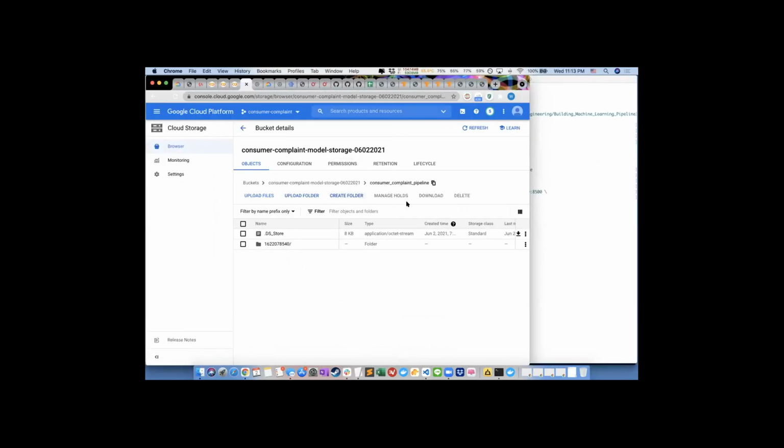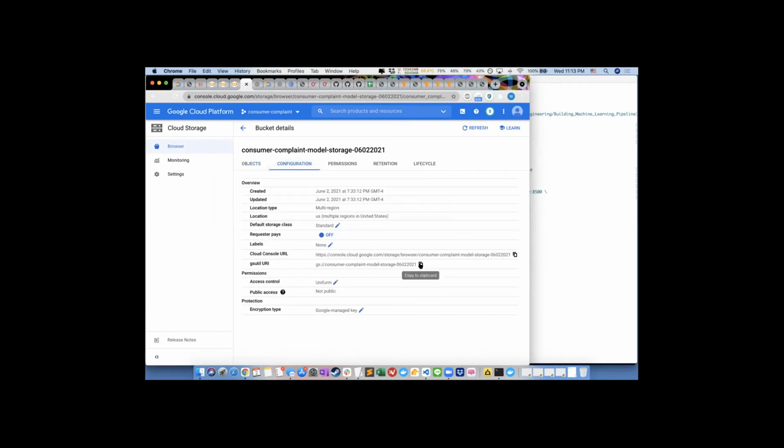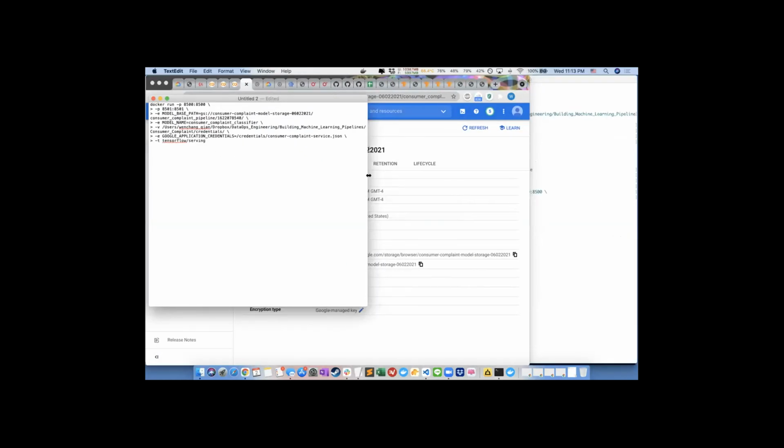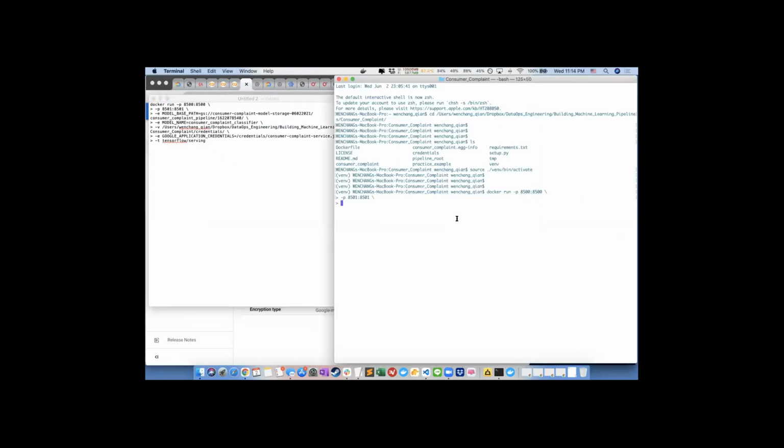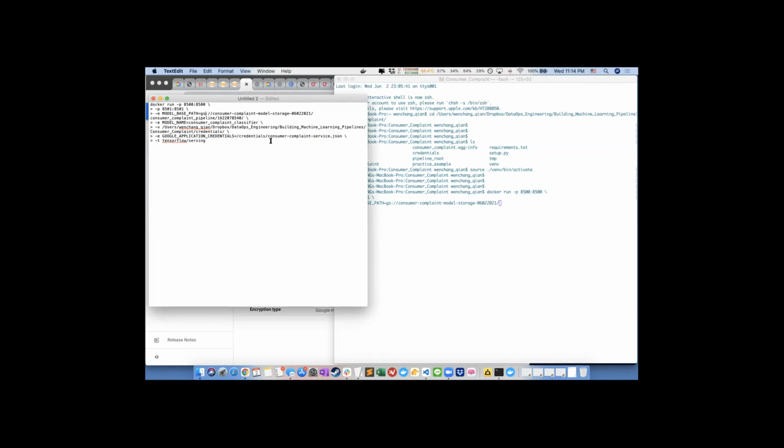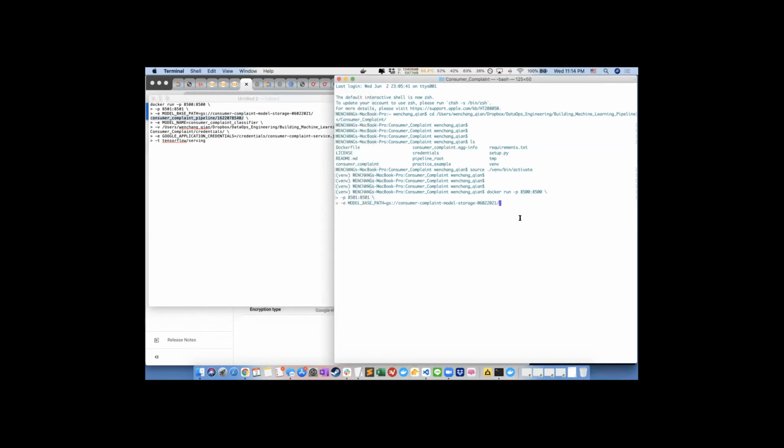Yeah, the gsutil. Variation GS. All right, so let's just copy this. Base path. Consumer complaint pipeline has and